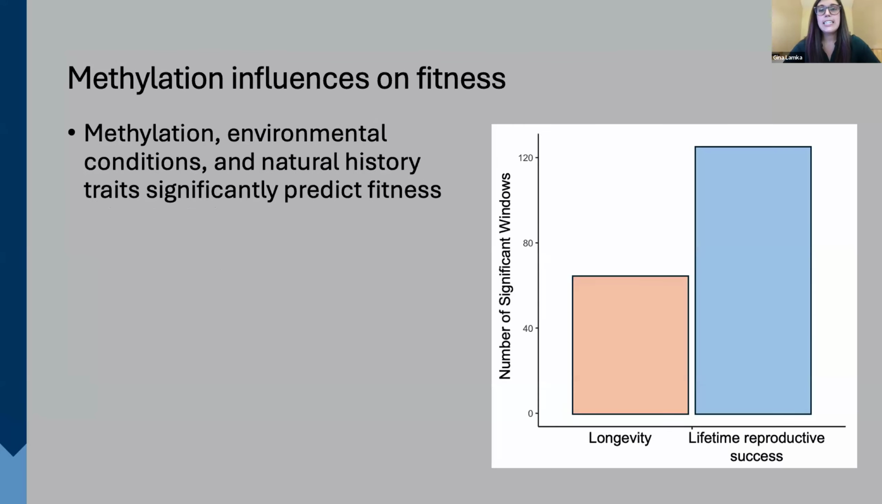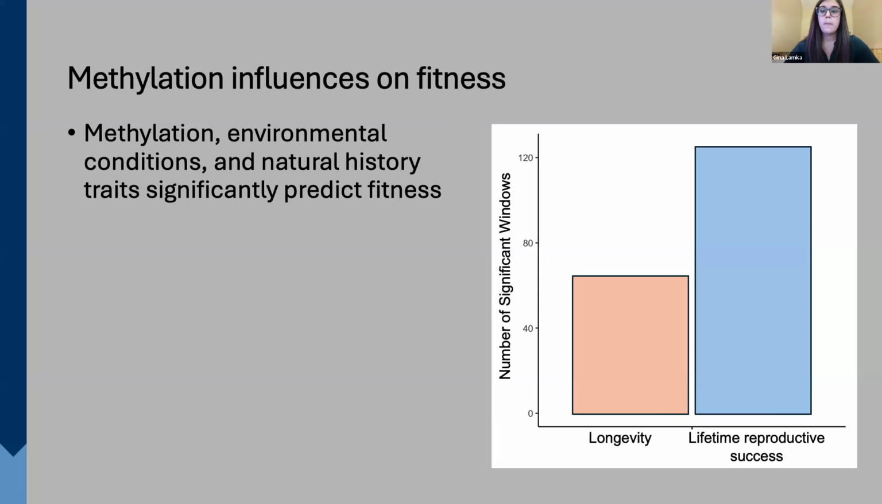So here on the x-axis, we have the different models with the different response variables. And on the y-axis, we have the number of significant windows. We're seeing that there are 70 significant windows that influence longevity and about 125 that are influencing lifetime reproductive success. So that's telling us that there are various environmental and natural history predictors that influence how heritable and environmental methylation